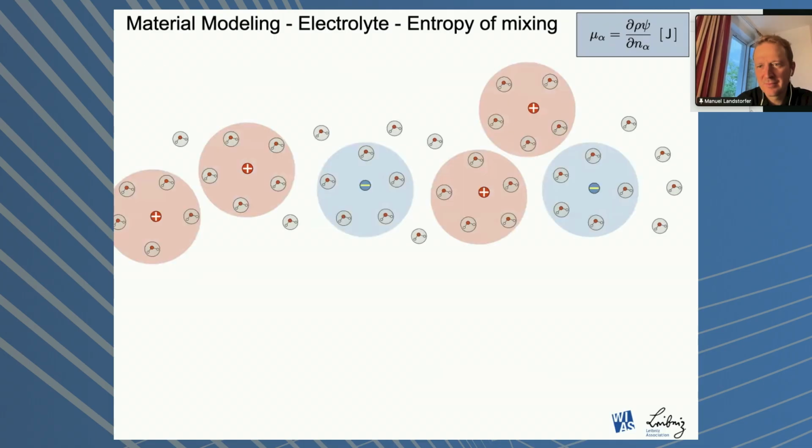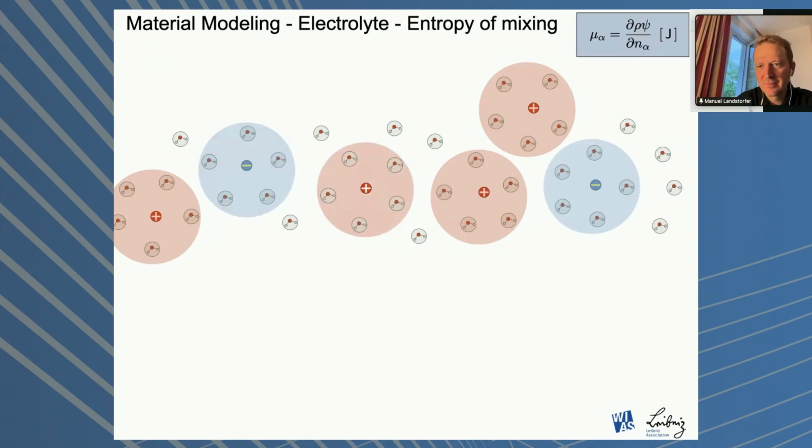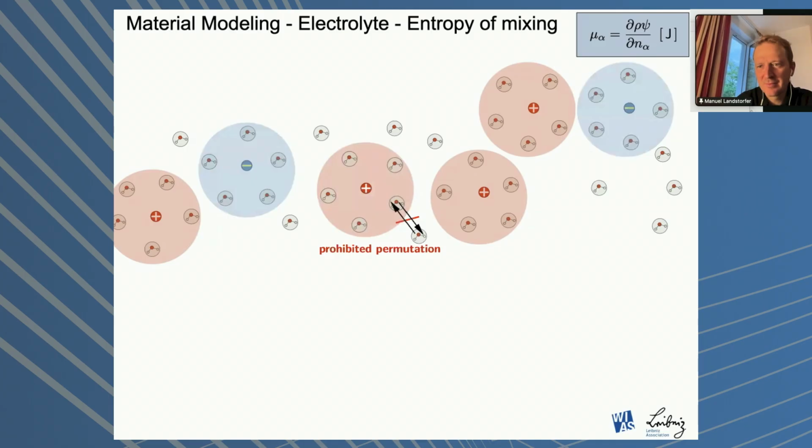However, in real electrolytes, you will have something which is called the solvation effect. So every ion tends to agglomerate a certain amount of solvent molecules around it in a solvation shell, and by this you find that when you're counting entropically what exchanges are possible, you can exchange solvent molecules, you can exchange solvated ions, you can even exchange a solvated ion and a solvent molecule. But exchanging a solvent molecule and one from the solvation shell is not an entropic permutation anymore.